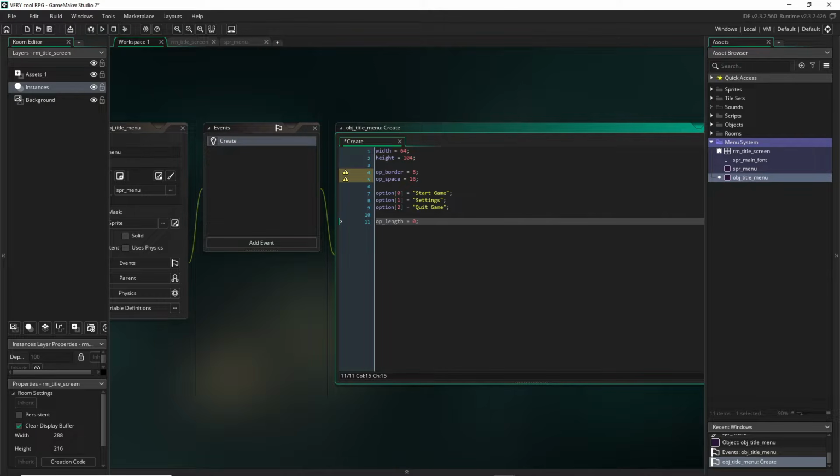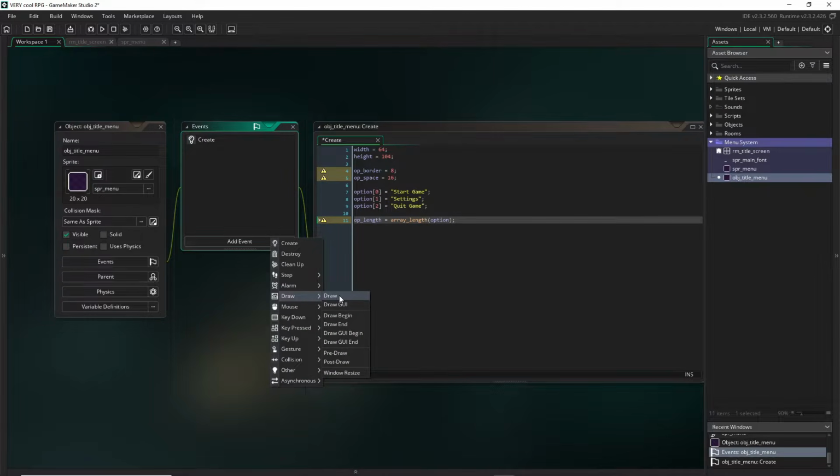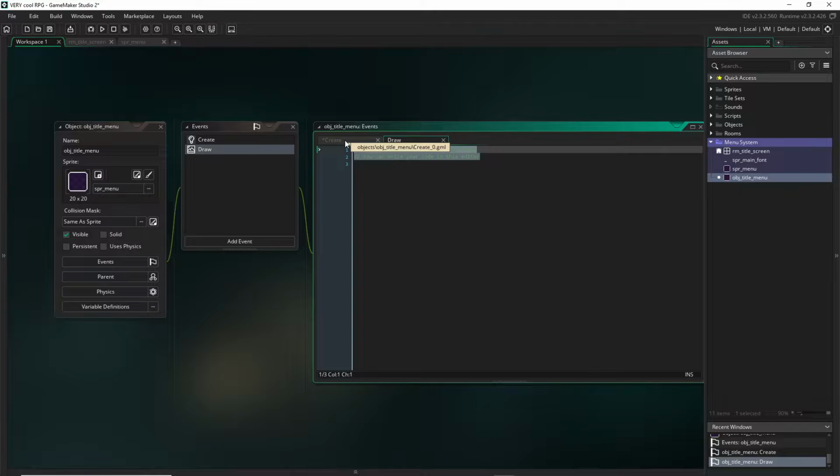Then a variable that we will use to keep track of how long this list of options is. We can actually immediately do that by calling array length, and we want the length of our option array. So now our op length will be 3, and we're actually going to set this again in the step event because we want to keep track of this. But that's a little bit later on. So now we can add a draw event. And first let's draw the little background. So we'll say draw the menu background. And to do this, we're going to use the function